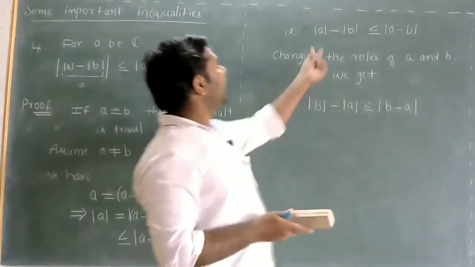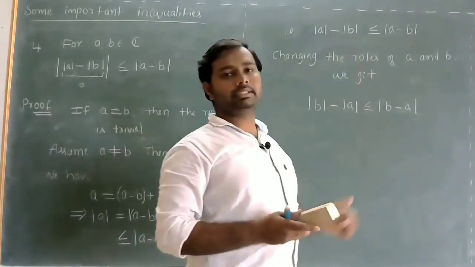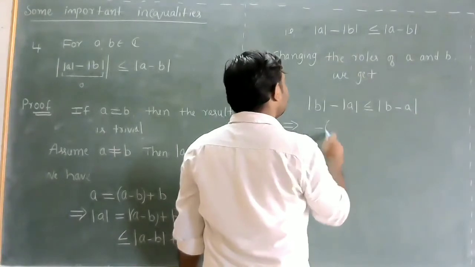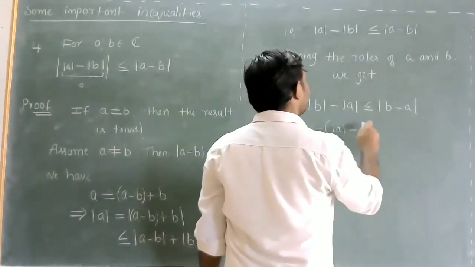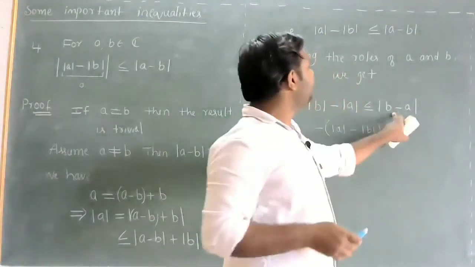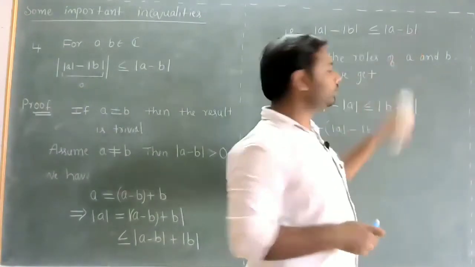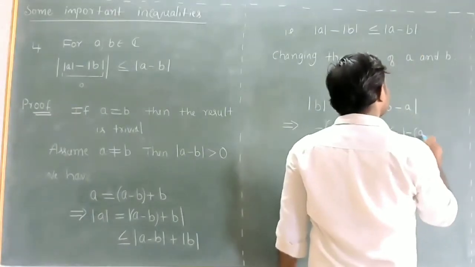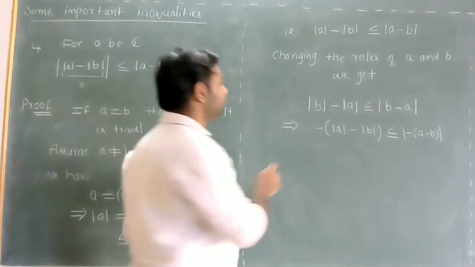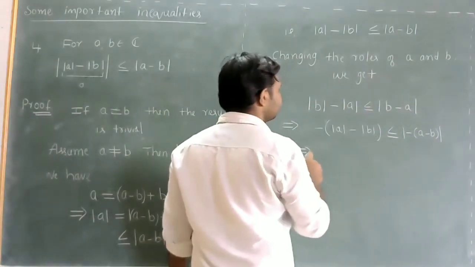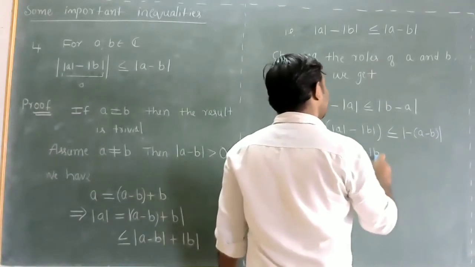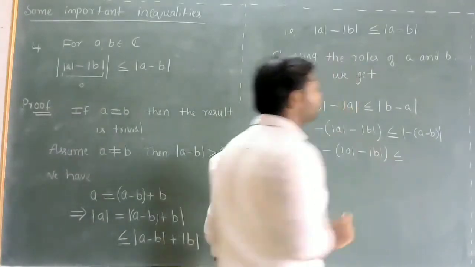Now I actually need modulus of A minus modulus of B. So for that, take minus common. Minus of modulus of A minus modulus of B is actually less than or equal to... So here also I need a term of this form. So take minus common. So minus of A minus B, which implies minus of modulus of A minus modulus of B is less than or equal to